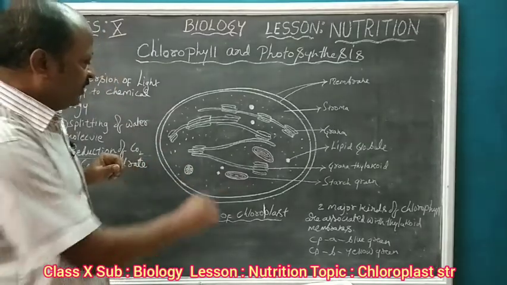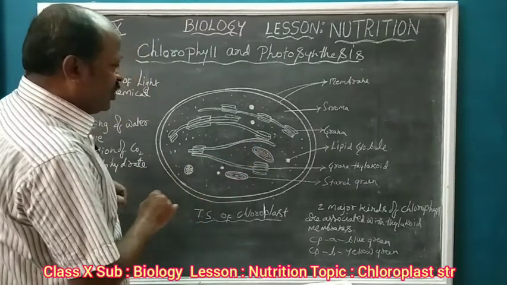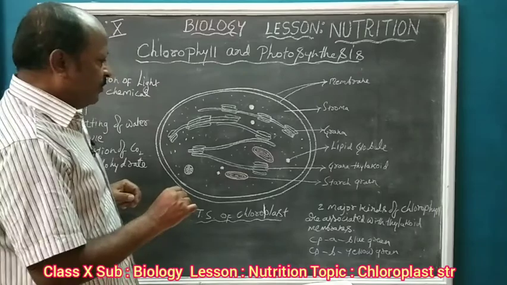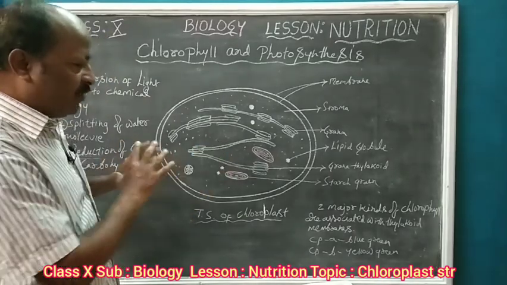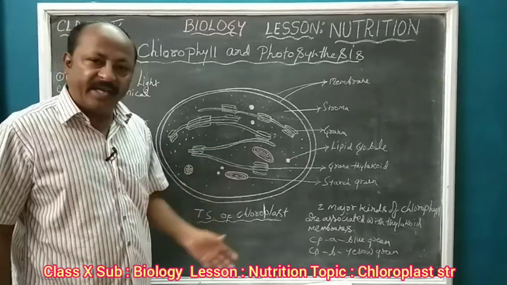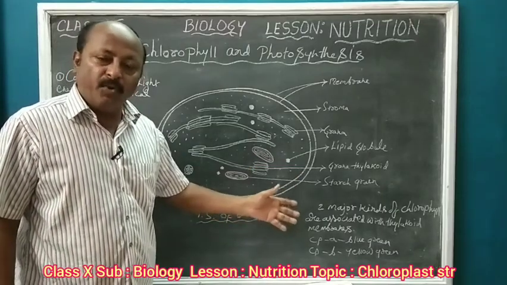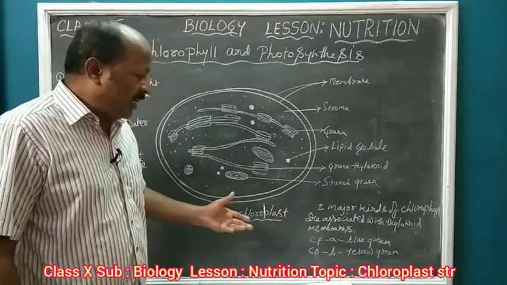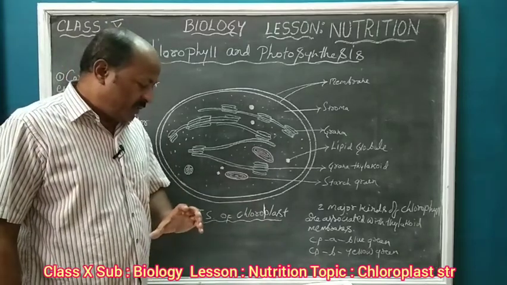Then the membranes of the thylakoid have got chlorophyll pigments, and these chlorophylls are of two types. They are chlorophyll A and chlorophyll B. Chlorophyll A is blue green in color and chlorophyll B is yellow green in color,